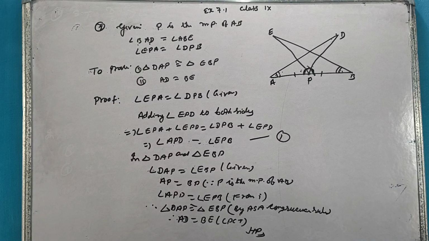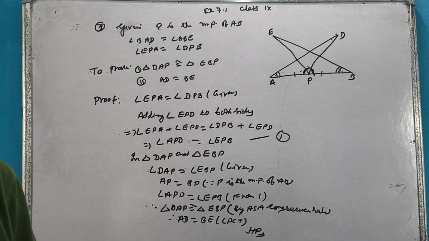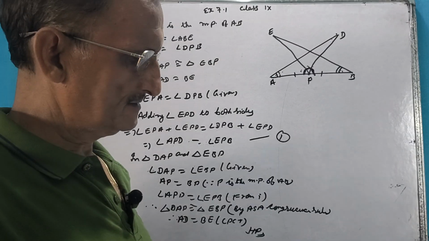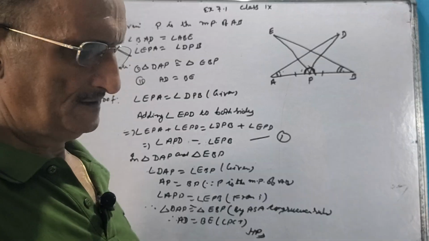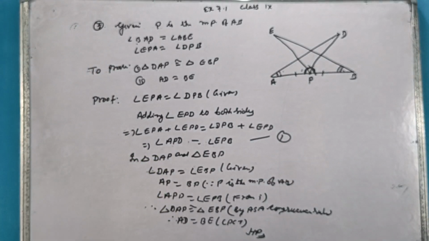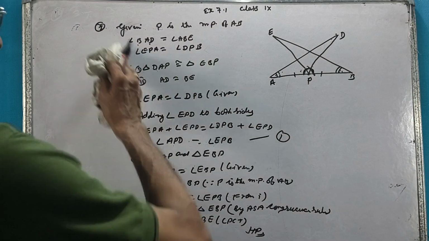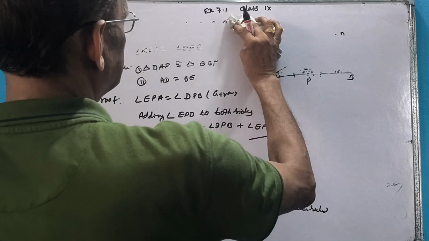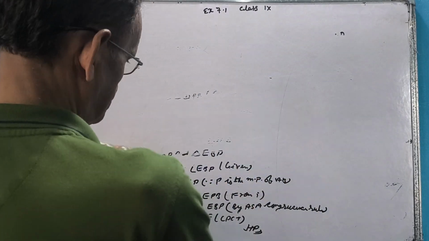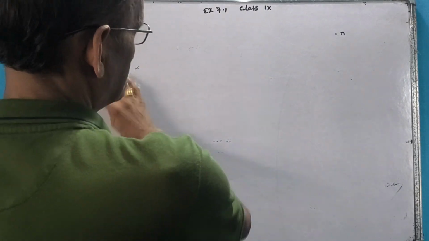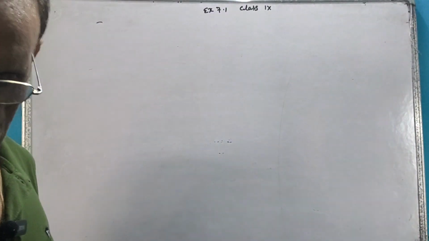Okay. Now we will go to number 8. Number 8 is a little bit different, a little interesting, a little bit lengthy because we have to prove 1, 2, 3, 4, but it is not difficult. So we will enjoy it. Very important, number 8. The diagram is given in the exam, but the diagram may not be given.